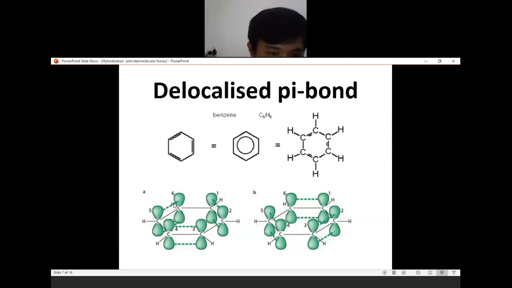This is the description of the double bond, the overlapping of p orbitals. So this is a double bond here. This is the overlap of p orbitals, and the double bond occurs in this one also. As you can see, the position of the double bond in A and B is different. In A, it is between 5 and 6. In B, it is between 4 and 5. So it means the double bond can be put anywhere, and carbon atom number 1 can start from any carbon atom within the structure.